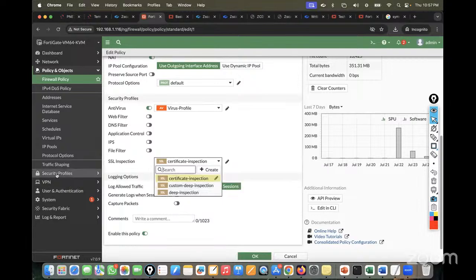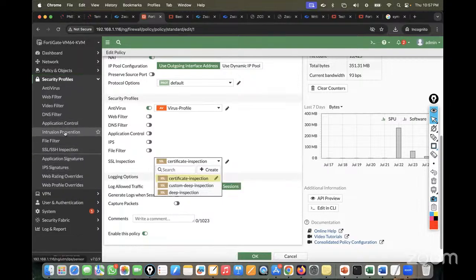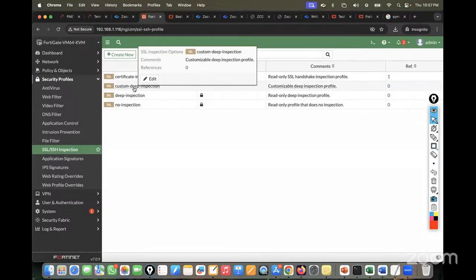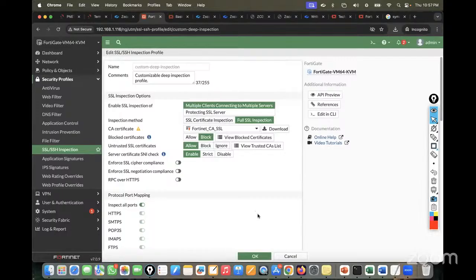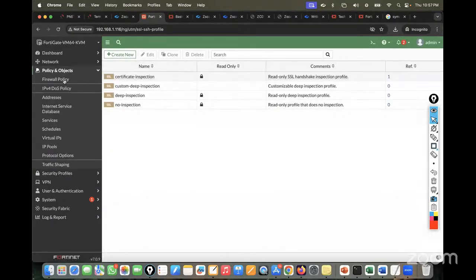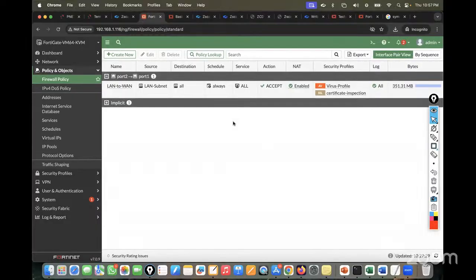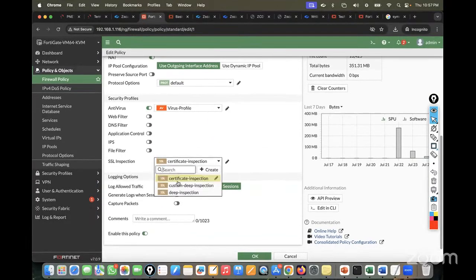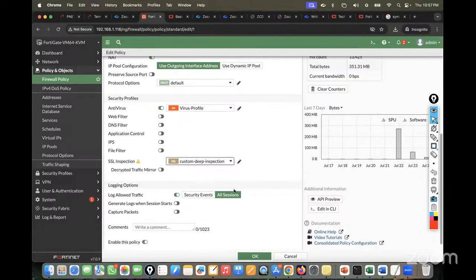Which one we created? I forgot that. That is the custom deep, right? Custom deep, we download certificate. Okay, so I'll go here and I can just go and apply. Probably it is not going to work because we don't have the license, but let's try. So I can go here, custom deep inspection,